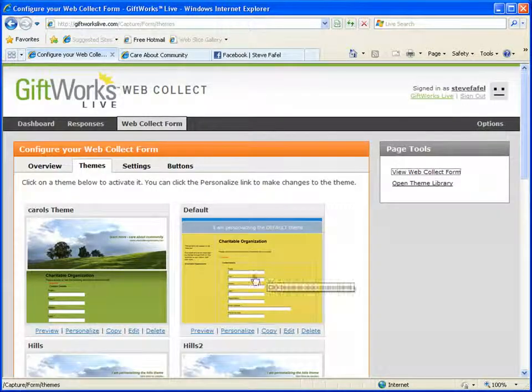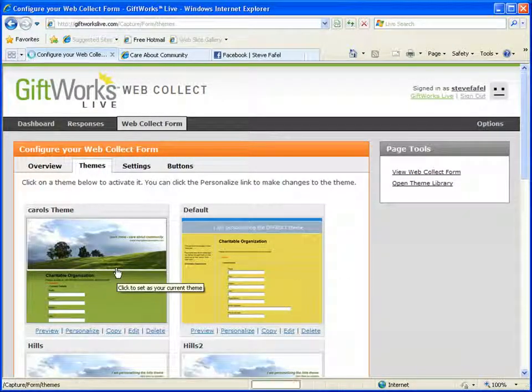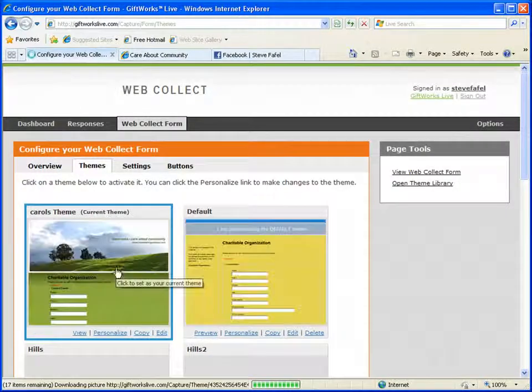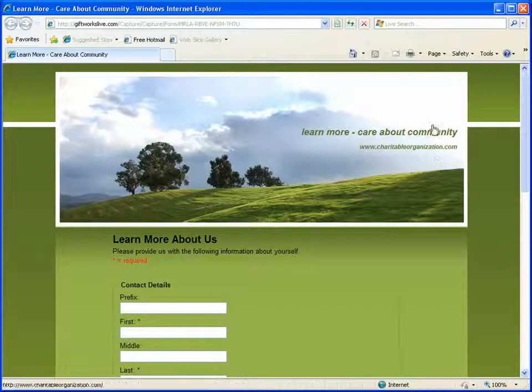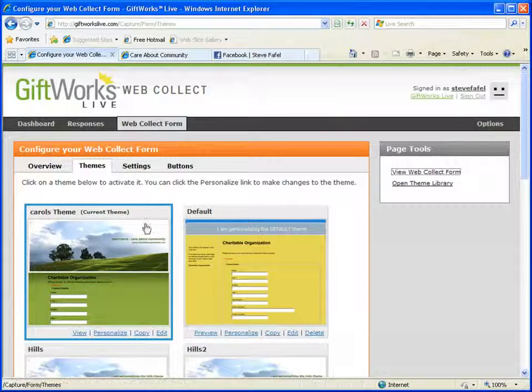Now, if I wanted to, I can simply click on a different theme, make this my current theme, and then what users would see now would be an updated theme. You'll notice that the imagery and the colors have all changed and provided the user with a different experience. Now, I've chosen one of our built-in themes, which you can get to from our theme library, or if you wanted to, you could edit one of these, and